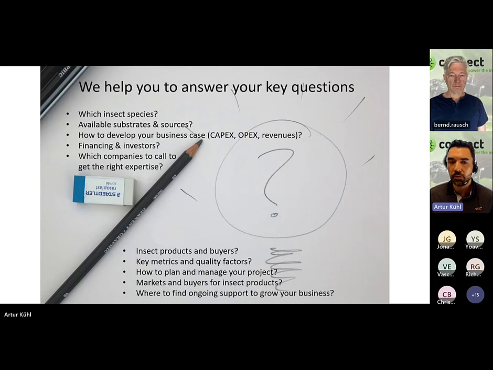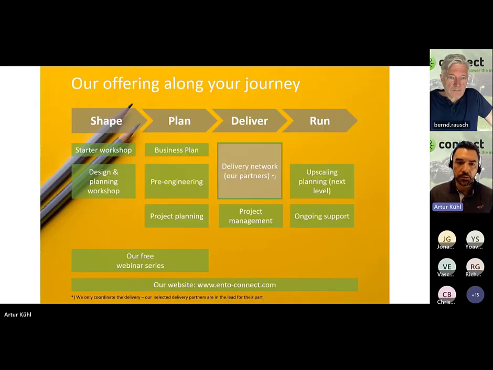For example, if it's to close some gaps in the food chain, maybe you would go for mealworm rather than black soldier fly, because you can somehow bypass farmed animals in this case. So the list of questions to answer is relatively long, and for someone that is new to the industry, some answers might be obvious, others might not be. Since we have had these conversations multiple times before, in a very early stage, I'm now addressing the people that are not yet there or thinking of starting their business. So we can definitely assist here.